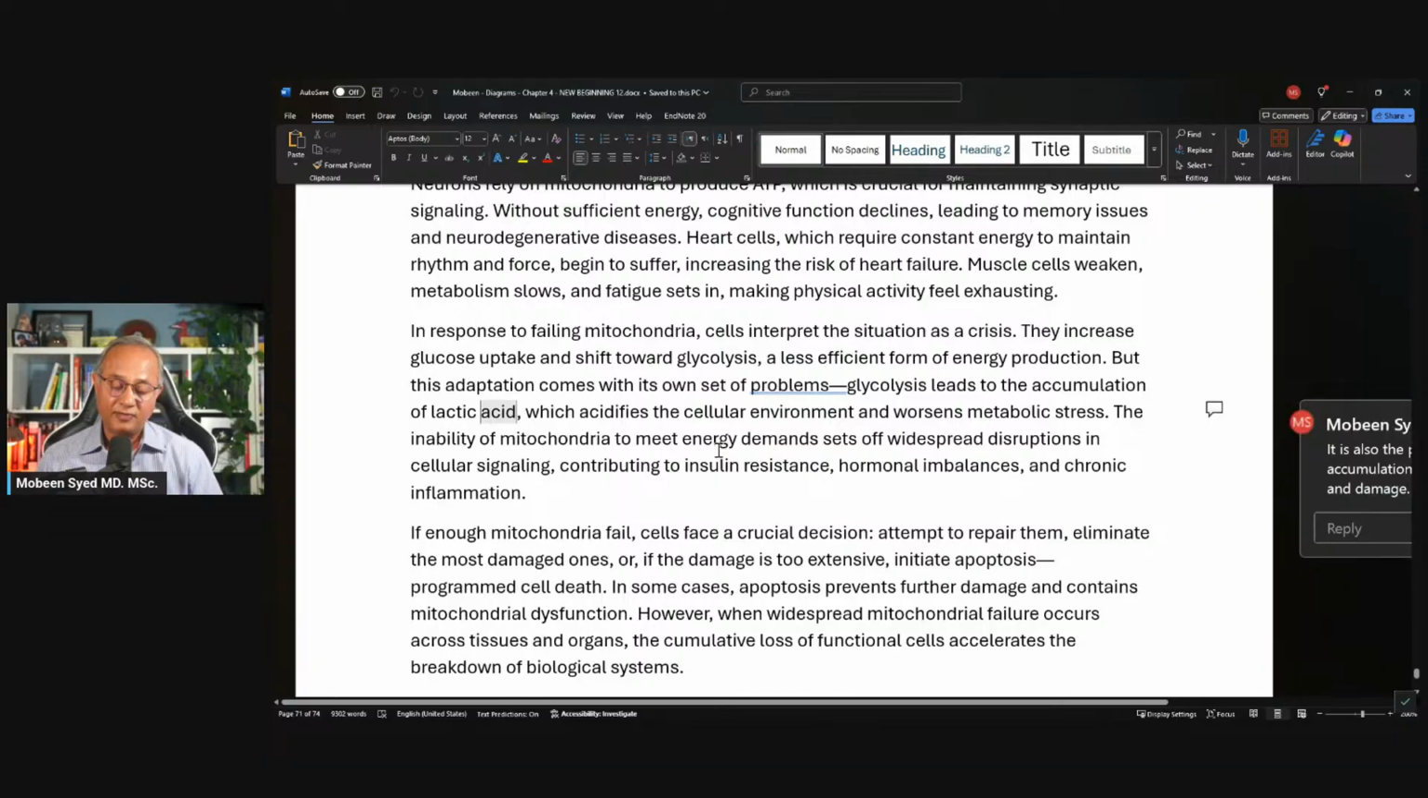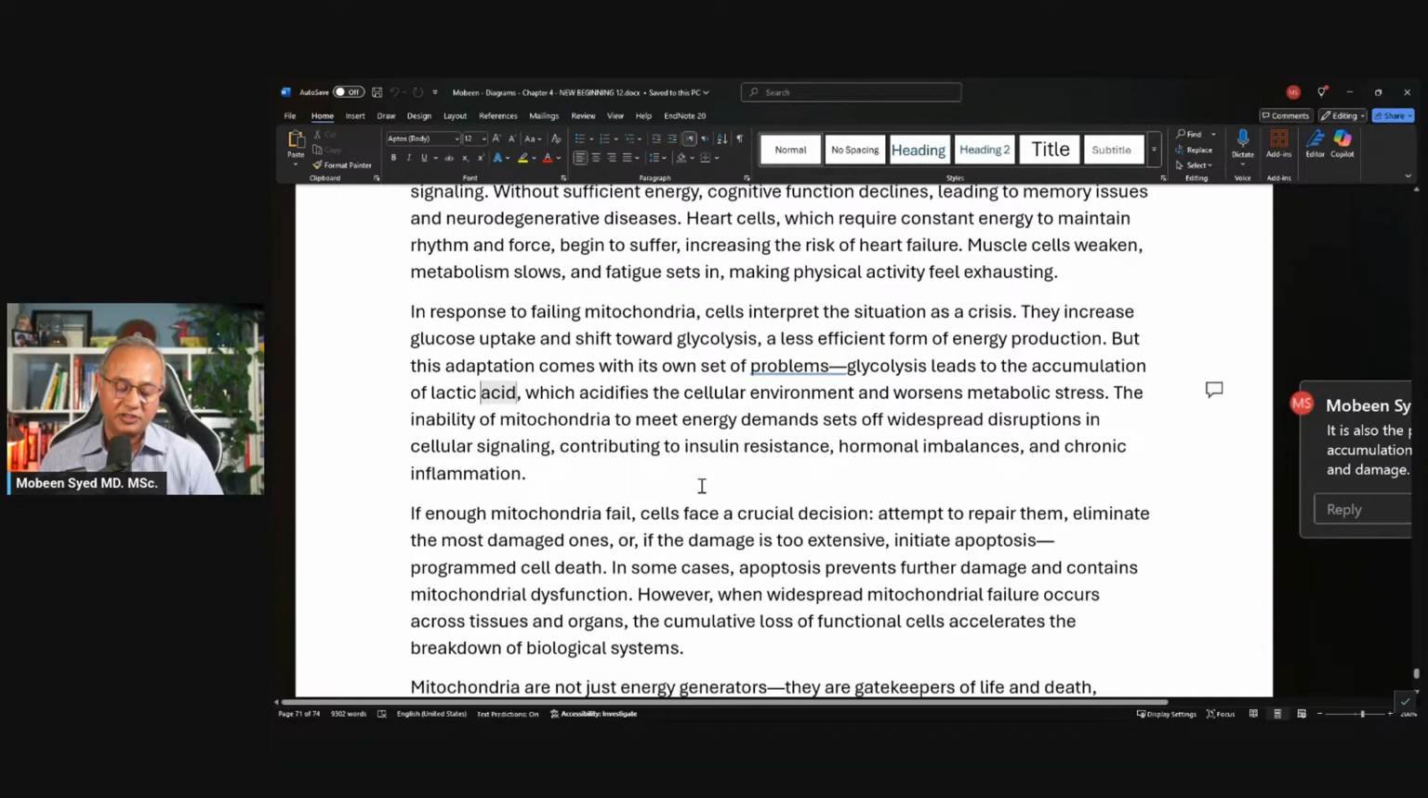In response to failing mitochondria, cells interpret the situation as a crisis. They increase glucose uptake and shift towards glycolysis. Glycolysis is a production of ATP without using the mitochondria, but it is a less efficient form of energy production. But this adaptation comes with its own set of problems. Glycolysis leads to accumulation of lactic acid, which acidifies the cellular environment and worsens metabolic stress. The inability of mitochondria to meet energy demands sets off widespread disruptions in cellular signaling, contributing to insulin resistance, hormonal